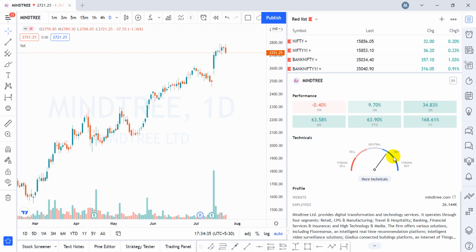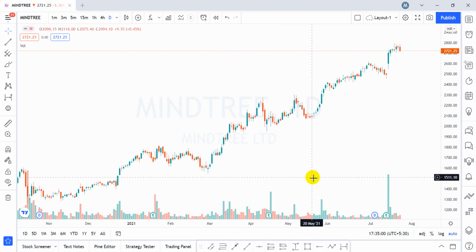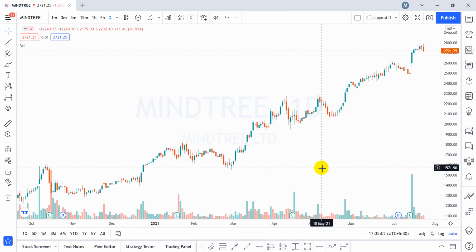So no need to go into what my moving averages are saying, what my relative strength is saying, what MACD and 100 different parameters are saying. They need not be checked. Don't get yourself confused. On combined technical parameters, this stock is exhibiting quite good bullishness right now. So this is a good candidate for me to add into my portfolio for mid to long term.